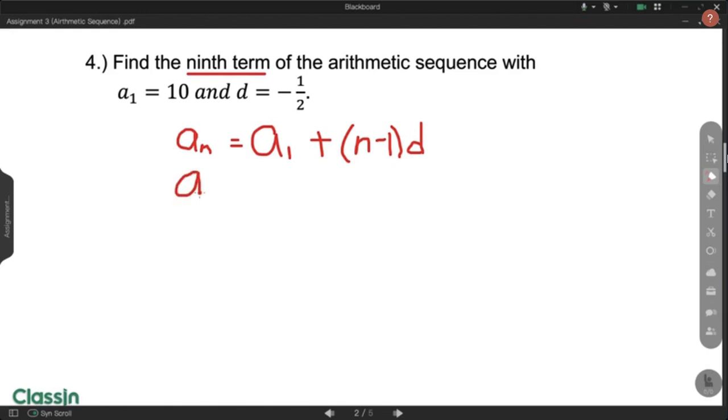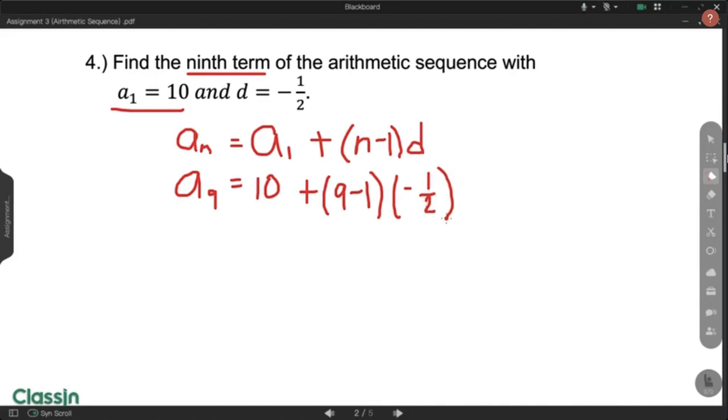So we're going to write here a sub 9 equals, what is our first term? It's 10, plus n is 9 because there are 9 terms, minus 1, multiplied by d, the common difference,